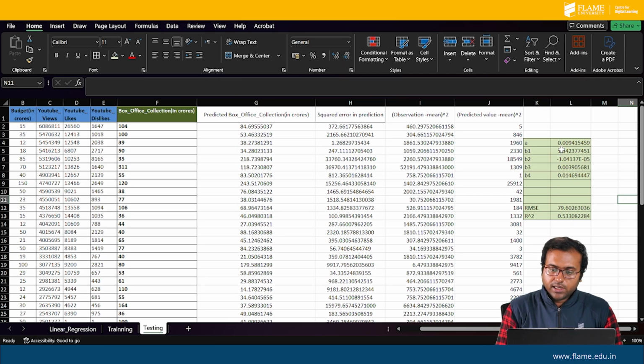Now what does this r square indicate? This r square indicates that these 4 variables, your budget, YouTube views, YouTube likes and YouTube dislikes, can explain 53% variability in the box office collection. And at the same time this r square value can be considered as the accuracy of prediction. So we can consider that this model can predict 53% accurately in the case of predicting the box office collection, or you can say the model can predict the box office collection in the range of 53%